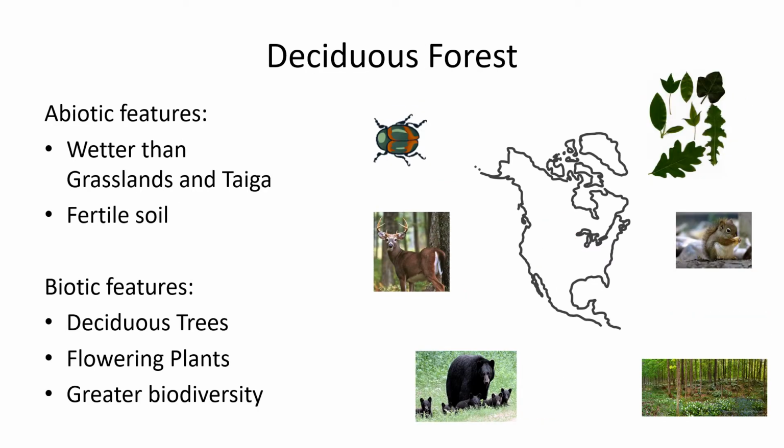Okay, deciduous forests are this big section here, and then a little bit over here on this side of North America. And what you find there are, of course, it's a lot wetter, and you get a lot more biodiversity. You get lots of broadleaf trees. This is like an oak, and then I'm not sure what this tulip-shaped one is. But there's a bunch of different types of broadleaf trees and plants.